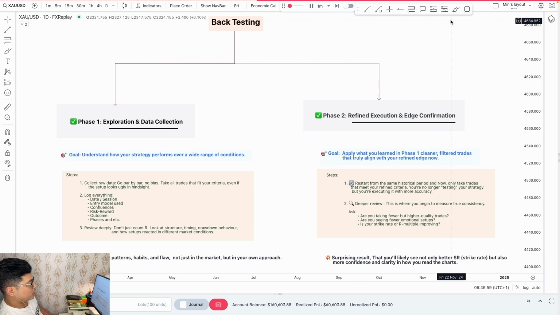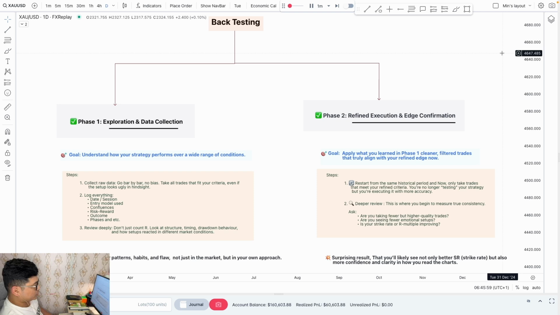Usually what people do is just backtest, look at the data, and move on. It's not like that. You really have to refine your edge, and trust me guys, no matter what strategy you use, you can't really copy or replicate the strategy or edge of your mentor, because you're going to have your own mechanism and your own slightly different approach to the market, and the slight extra edge that you gain throughout the process.